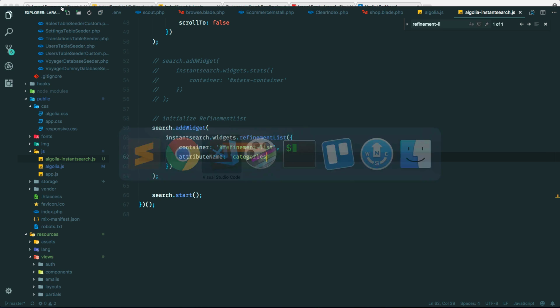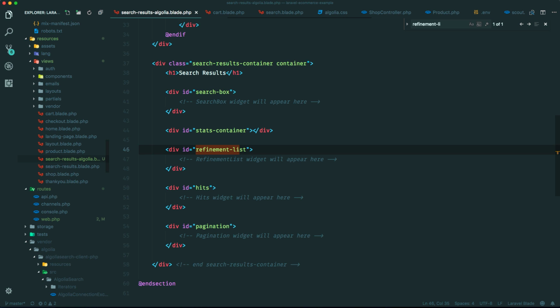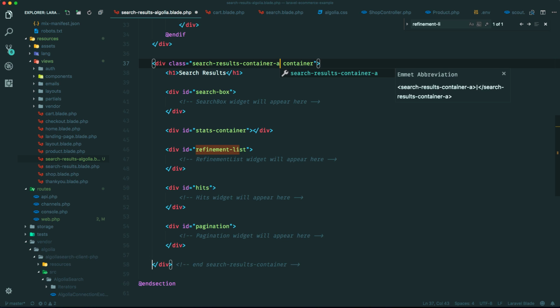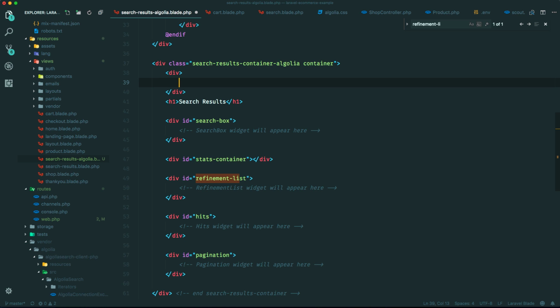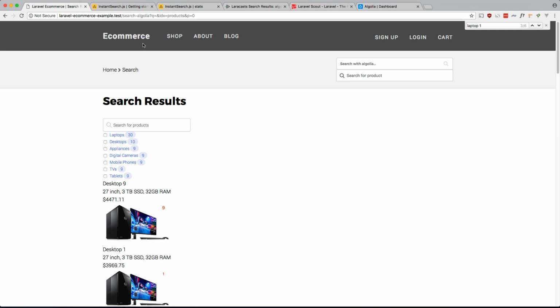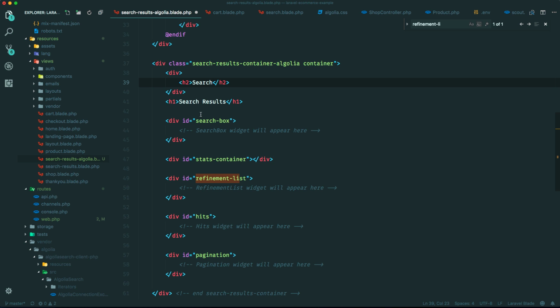Okay, into our code. So in our markup, I am going to rename this to search results container Algolia, and I'm going to make two new divs in here. This will represent the columns because I'm using CSS grid. So the first one is going to be our left column. So it should have the search box. So let me just grab this, put it in there,